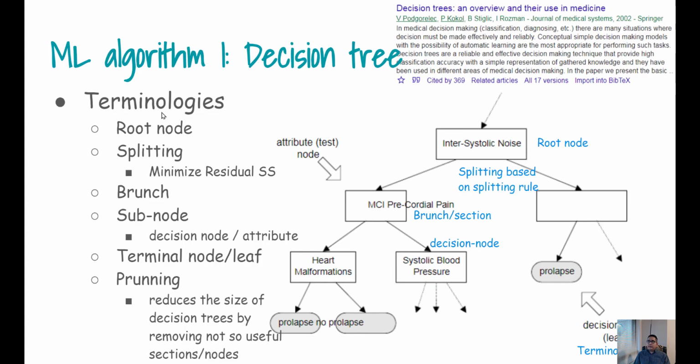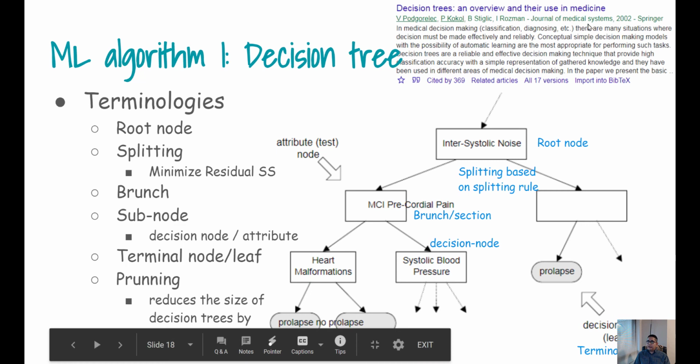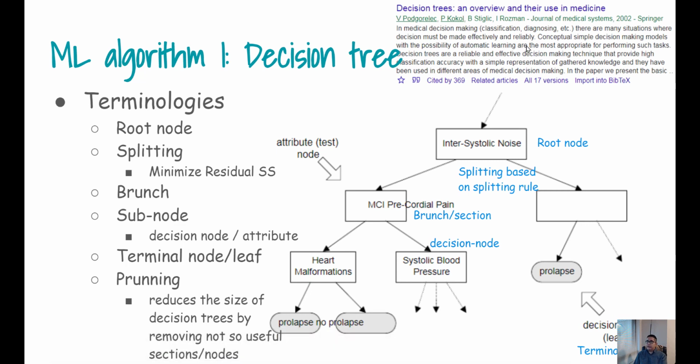Alright, so let us get familiar with some of the terminologies that we use in our decision trees, and this is one example that I have borrowed from this particular paper, where they were trying to give an example from medicine. The first variable, in the language of the decision tree, these are called nodes, and since this is the first variable, we call it the root node. And this root node is then split into other nodes based on some splitting rule, and these splits are generally selected to minimize some of the measures of node impurity. By node impurity, they generally mean the diversity of classes, or it could be based on variance minimization,